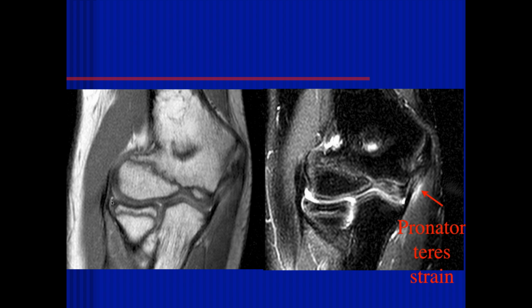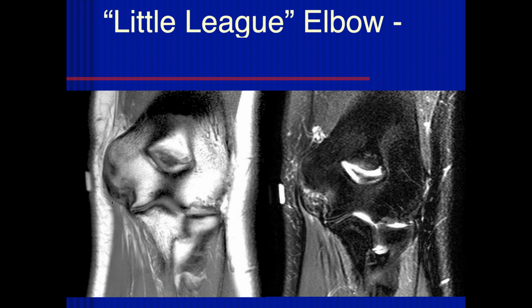Okay, Jennifer. All right. So on this single image, I don't see the medial epicondyle ossification center very well. There is a lot of edema surrounding the proximal ulnar collateral ligament. Yeah, and then the muscle there. This is also a patient with little league elbow. All right,